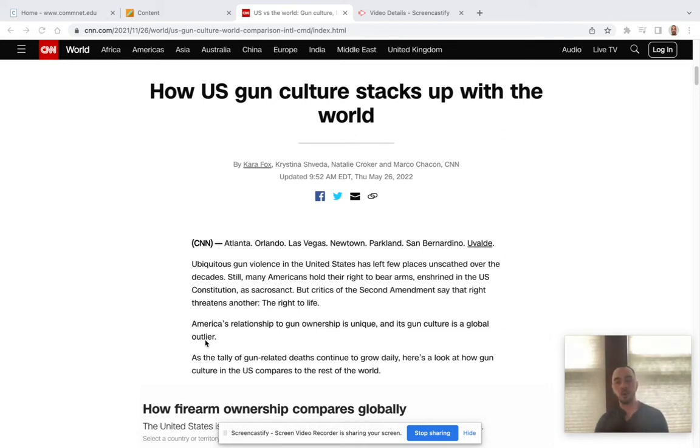Also, after you've read the whole article, you'll notice that the authors only use negative details. There are no details that suggest any positive outcomes or any benefits of gun ownership whatsoever. This also suggests that our authors have a negative attitude, or that the tone is a negative tone towards the topic of gun culture. Next, I want to turn to talking about rhetorical techniques.